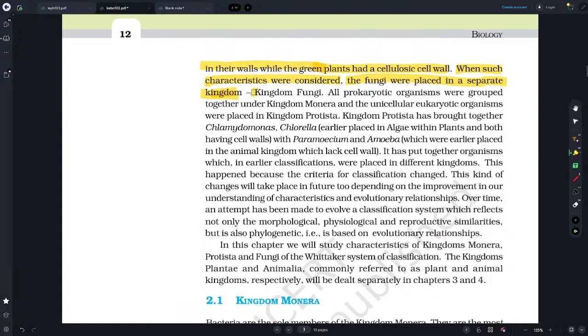The colonies are generally surrounded by a gelatinous sheath. They often form blooms in polluted water bodies. Some of these organisms can fix atmospheric nitrogen in specialized cells called heterocysts, for example Nostoc and Anabaena. Chemosynthetic autotrophic bacteria oxidize various inorganic substances such as nitrates, nitrites, and ammonia, and use the released energy for their ATP production. They play a great role in recycling nutrients like nitrogen, phosphorus, iron, and sulfur.